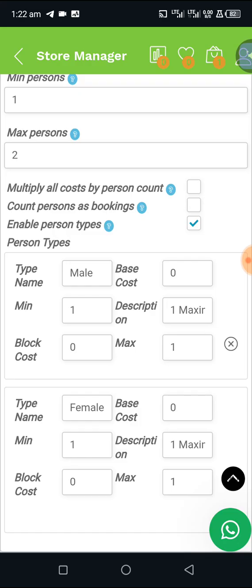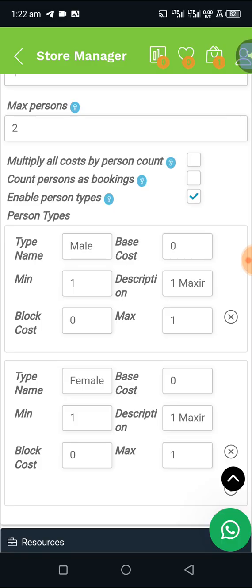This was said, enable person types. Yes, enable person types. I choose it here. I mark it. Look at the example. It says person types. Type name is what? Male. I choose male here. Base cost, I leave it at 0 because I have given the price in the other place. I don't want to change this one. If I add this one, it will still sum up to the other cost I added there,